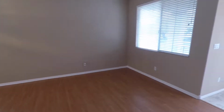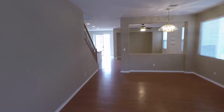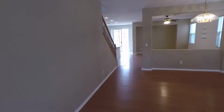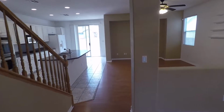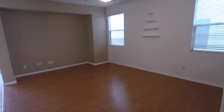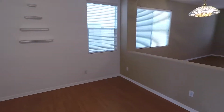A big, nice, open floor concept. You have the family room, living room. You can see all the way down to the other end of the house. One of the awesome things is the size of this lot, and it does have a pool. So entering in, you can see all the way around. Back around,